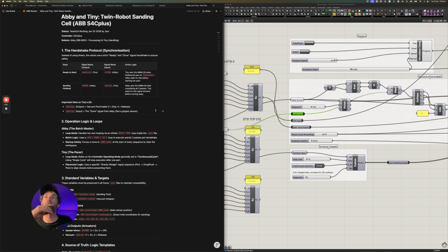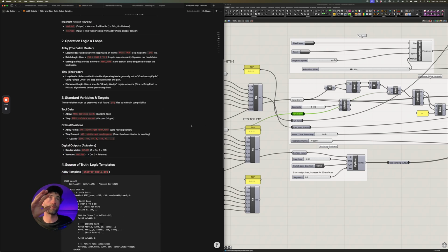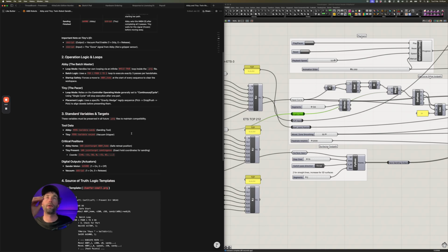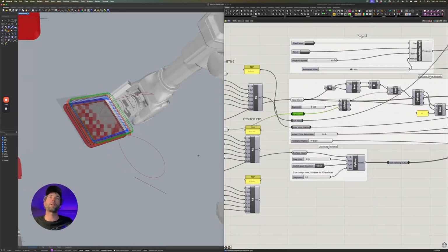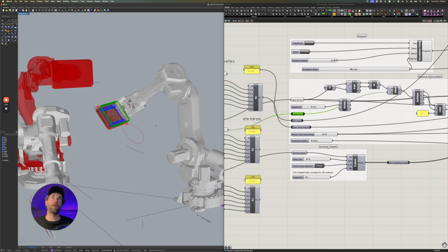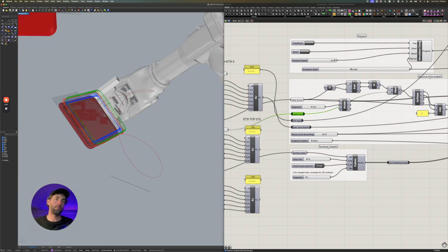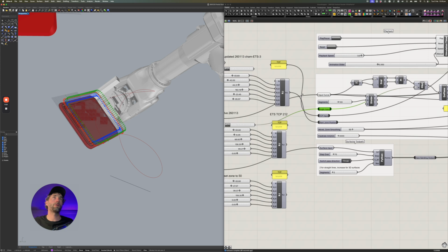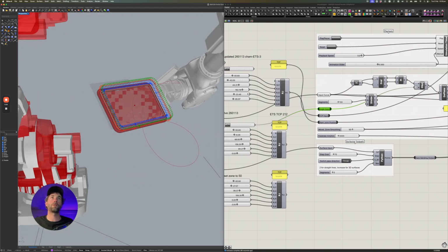So I've documented my handoff procedure, and I've got codes in place that allow Abby and Tiny to communicate really simply to each other. Tiny picks up the part and says, hey, Abby, I'm ready. Sends a signal, and Abby gets that as a digital input, says, cool, I'll proceed with the program. It's just got pauses in the program waiting for that signal. Abby does her thing, and then sends the signal back to Tiny saying, hey, I finished sanding, you can take the part off now. That's working quite nicely. So I was thinking I could extrapolate that and clock this shelf maybe 90